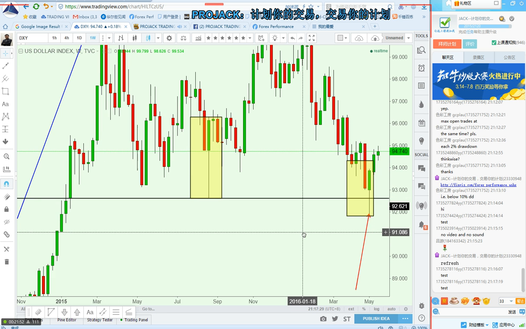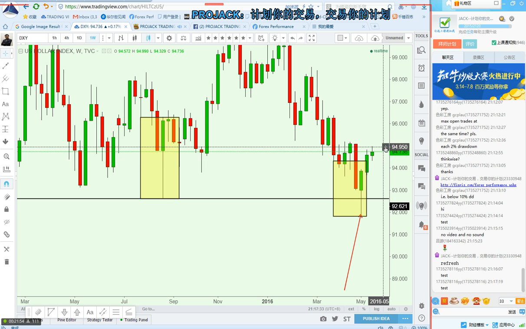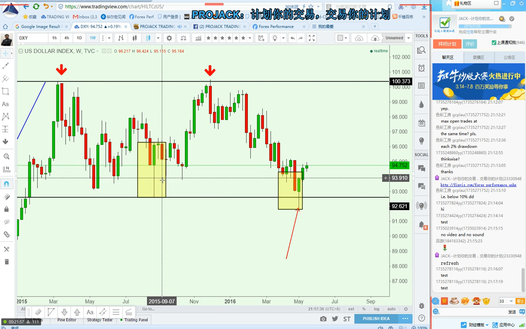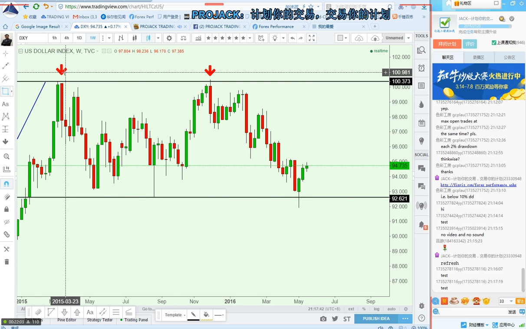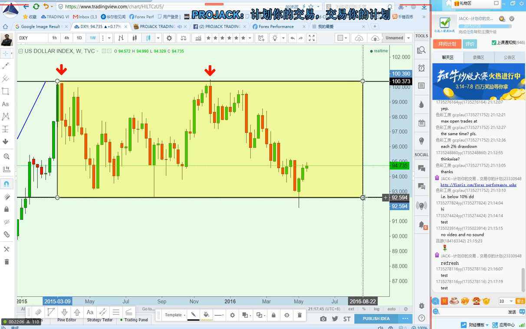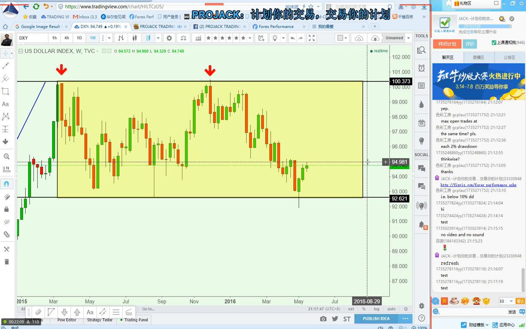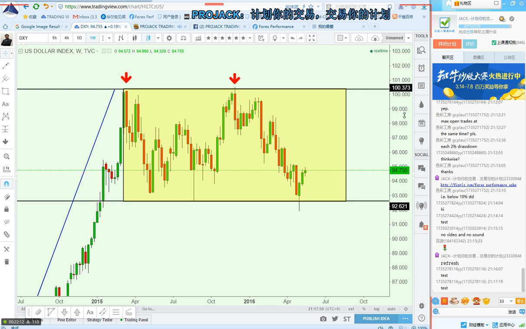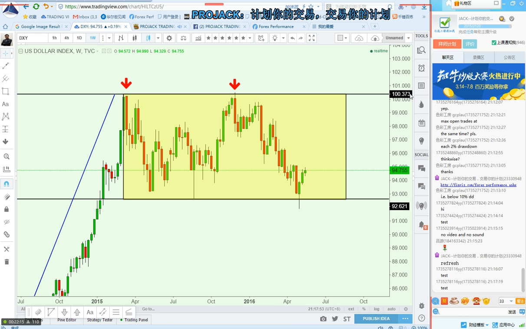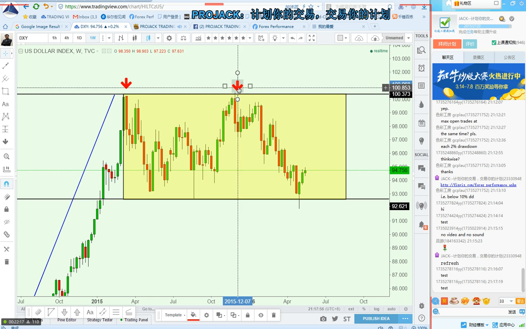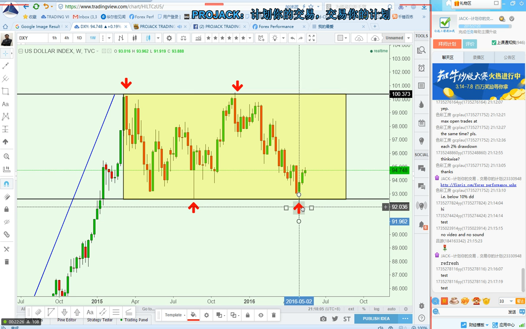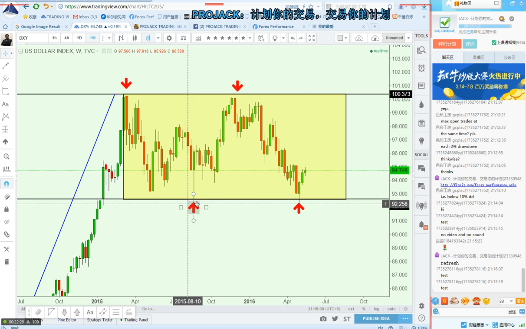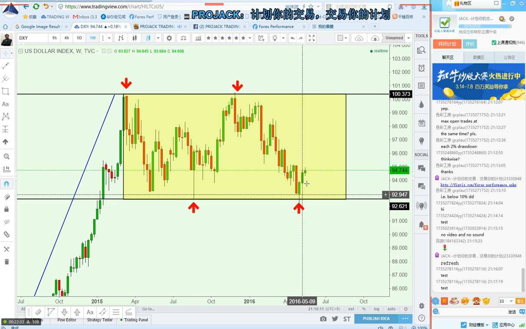Again, now the dollar index keeps going up, and we have a zone, right? This zone tells us the dollar index is now in a range. Where is the resistance? The most important resistance is at 137. This is a higher time frame resistance, and this is a support, and this is where the buyer is. It goes up, comes back, goes up, comes back again, and it tests, and it goes back.